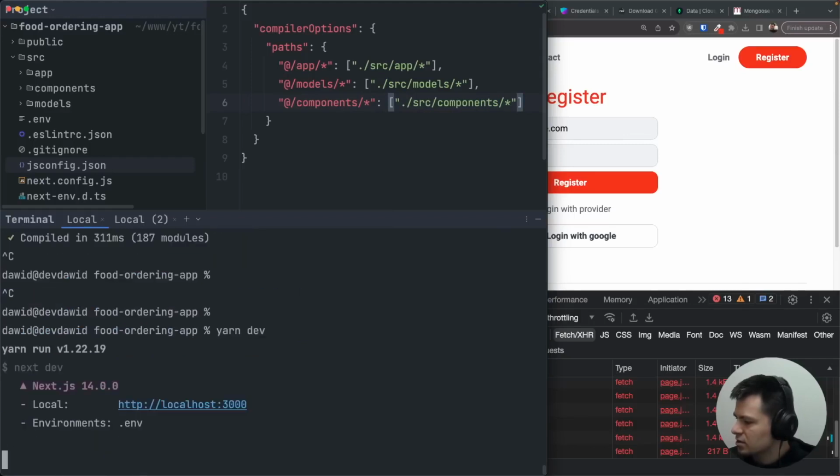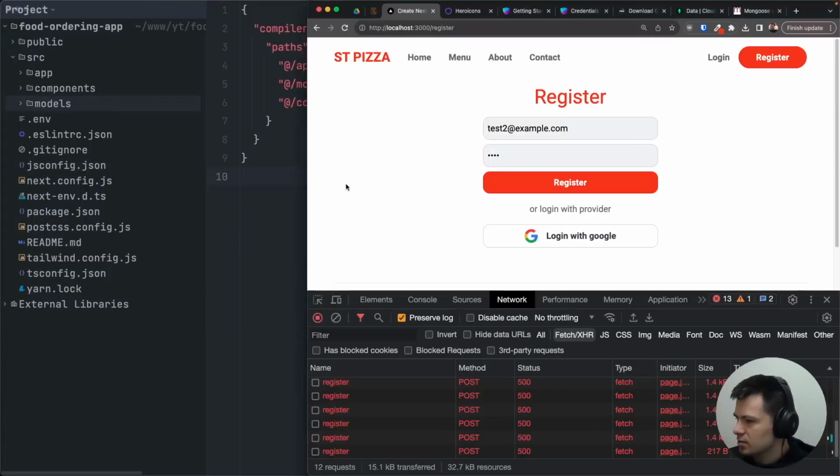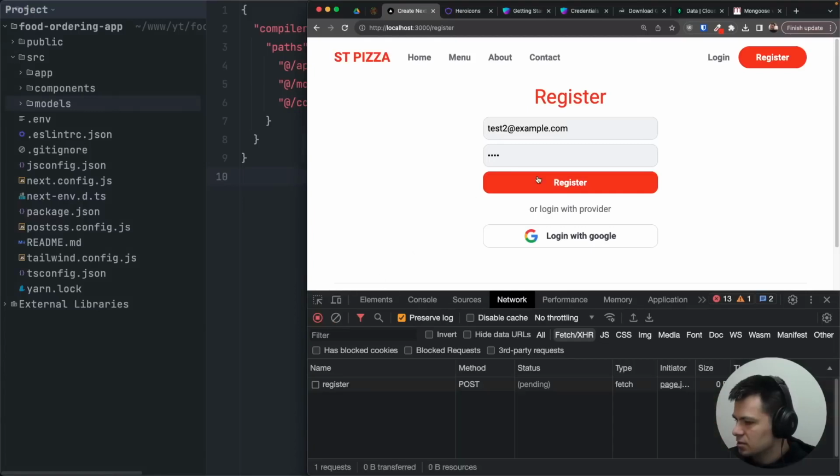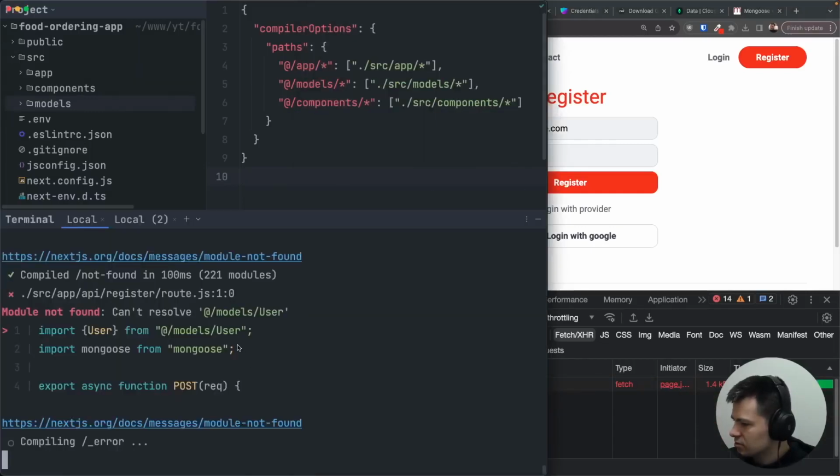So let me restart this, and now let's see, inside here we have models, yes, and now let's see if I clear here, register, pending, still 500, let's see why, cannot resolve models user, and let's go to source models,